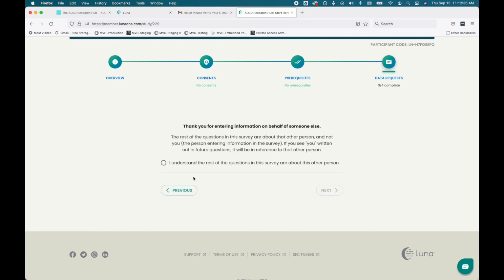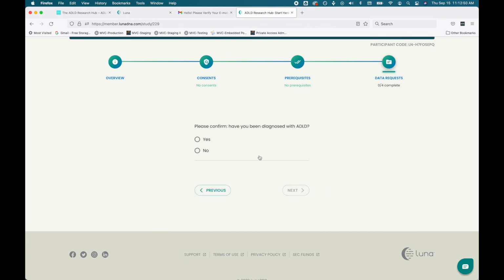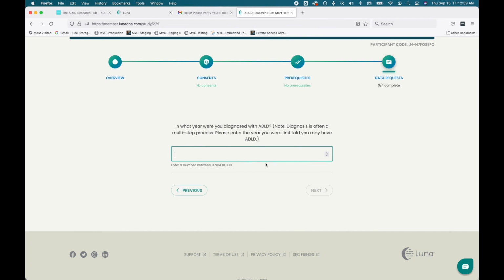But all of the other questions in this survey and in this study in general, so the demographics survey and the EHR activity, are going to be for that patient. So for the rest of the questions in this survey, please fill them in with the ADLD patient in mind. So yes, they've been diagnosed with ADLD. You can enter in the year,